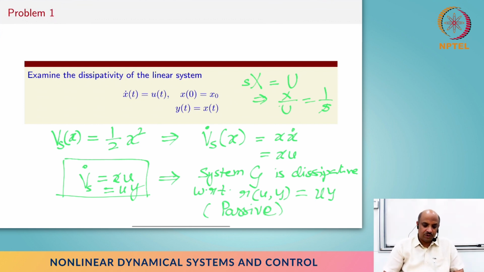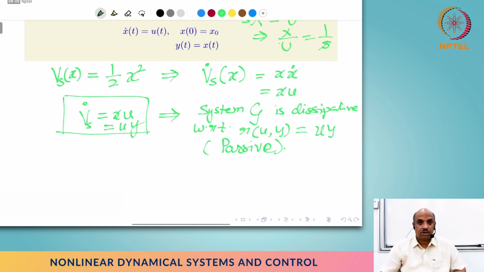In fact, if we had shown V_s dot is less than or equal to uy, that would have been sufficient. But we are showing that it's actually not just passive; it's actually lossless. Specifically, there is no dissipation whatsoever, right? Now, for the sake of understanding further about this particular system, let us